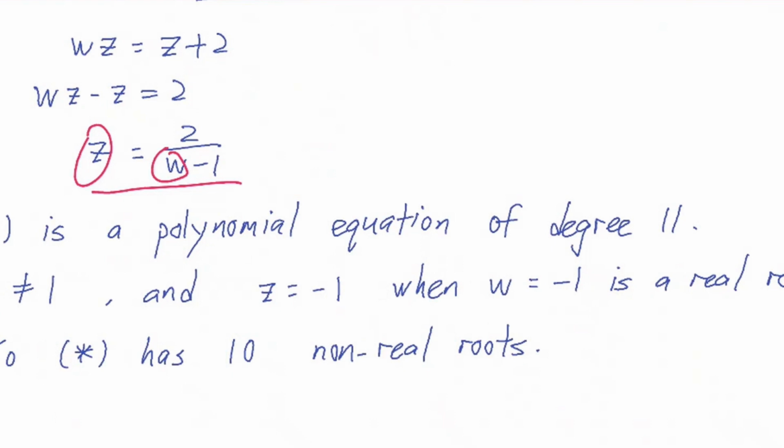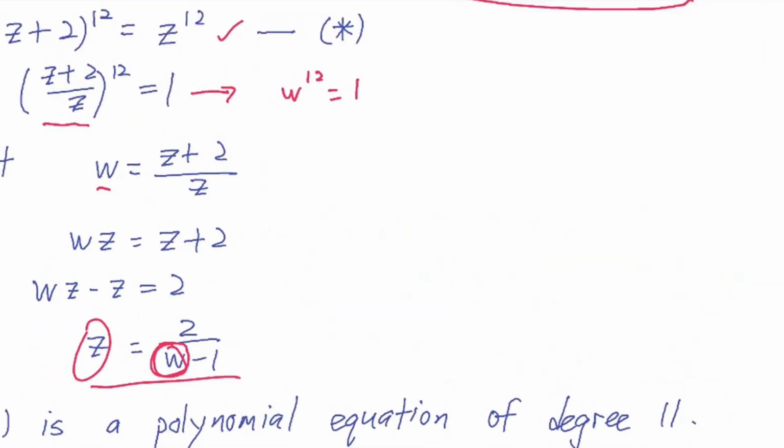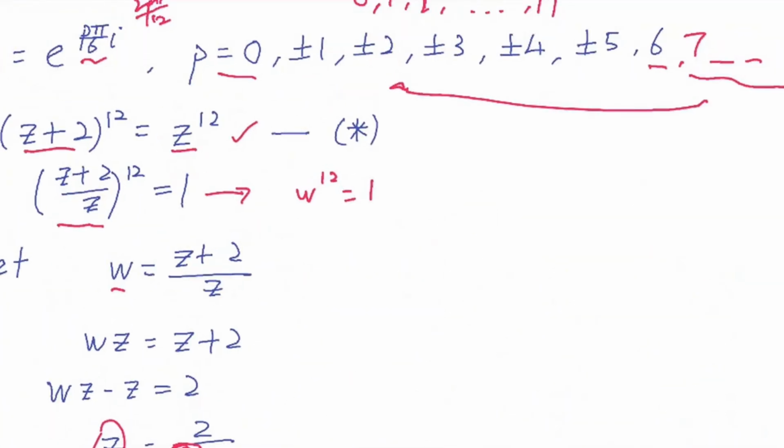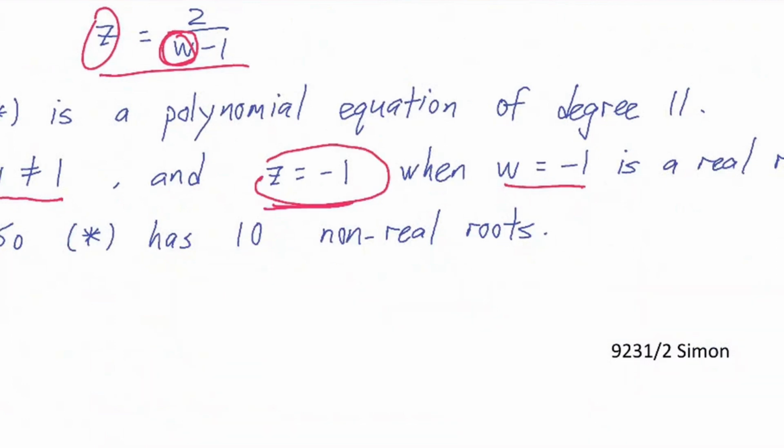So supposedly we should have 11 roots there. Okay, and also we have the w here, which is not equal to 1. And when w is equal to -1, z equals -1 is also a real root here. So when z is -1, we can see straight away from here that it is a root. So z equals -1, when w is equal to -1, is already a